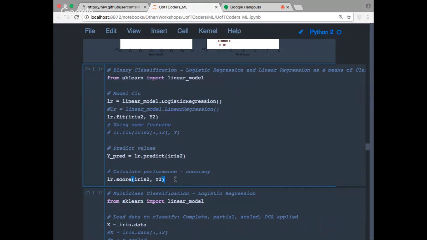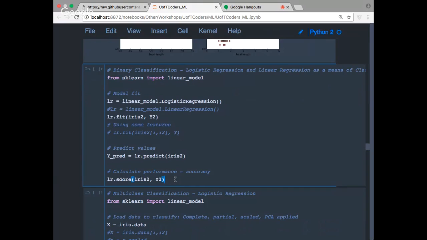And then once I fit that, I'm doing a prediction. So when I fit my data set, I want to use the new data set to predict here. I'm using the same model, and then I'm using the predict function here to get my predictions. And then the score function that also comes with the model itself calculates the performance in terms